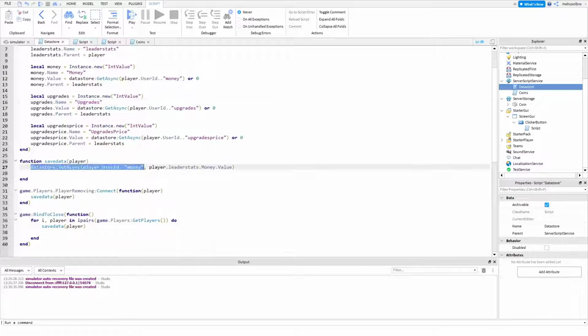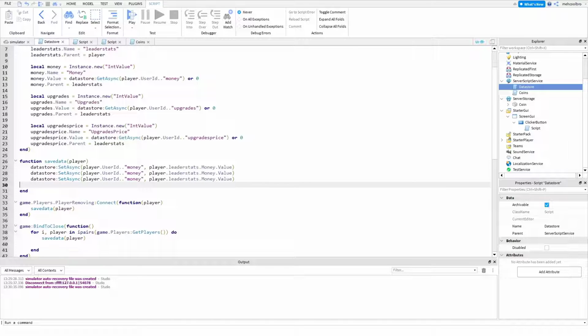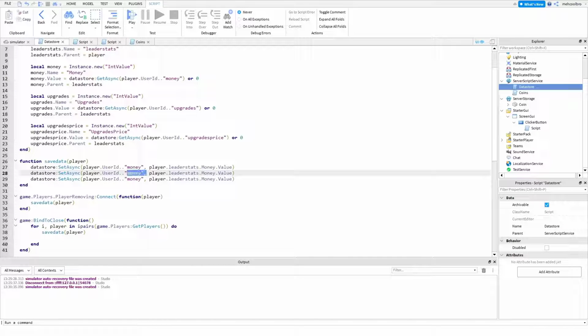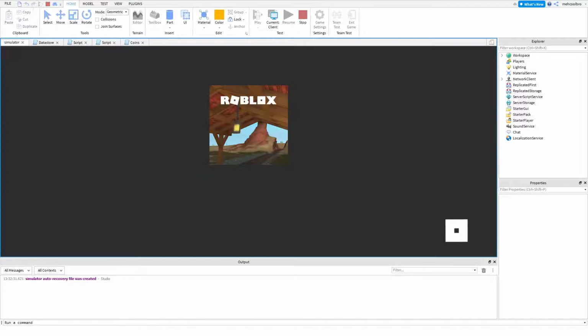it. So we're going to copy this and paste it. Here we're going to just put upgrades, and we're just going to do the exact same thing as we did with the area above. We're just going to change this to upgrades, and this one to upgrades price. Alright, now that we have something to save and load upgrades and upgrades price, and see when we go in,